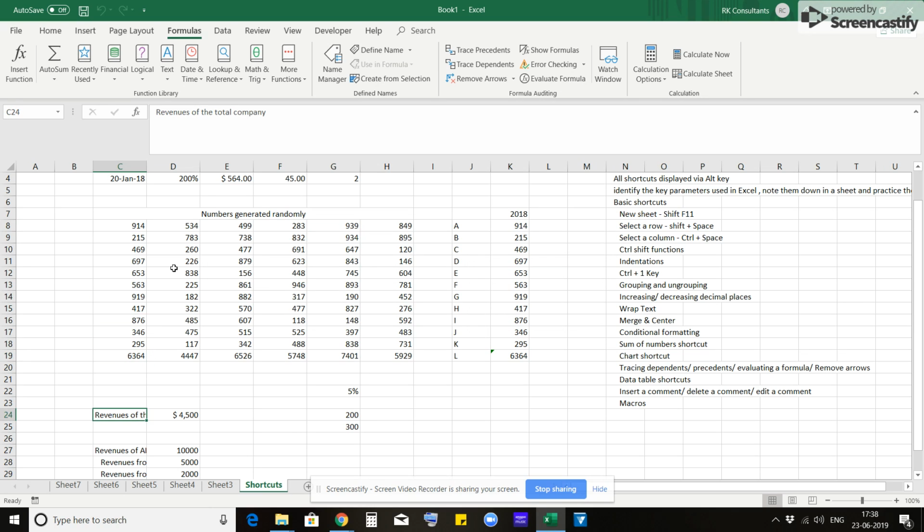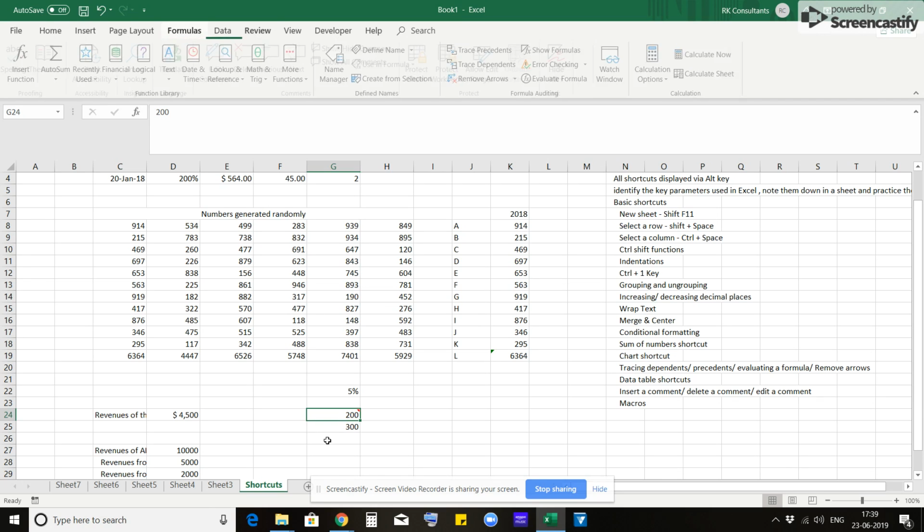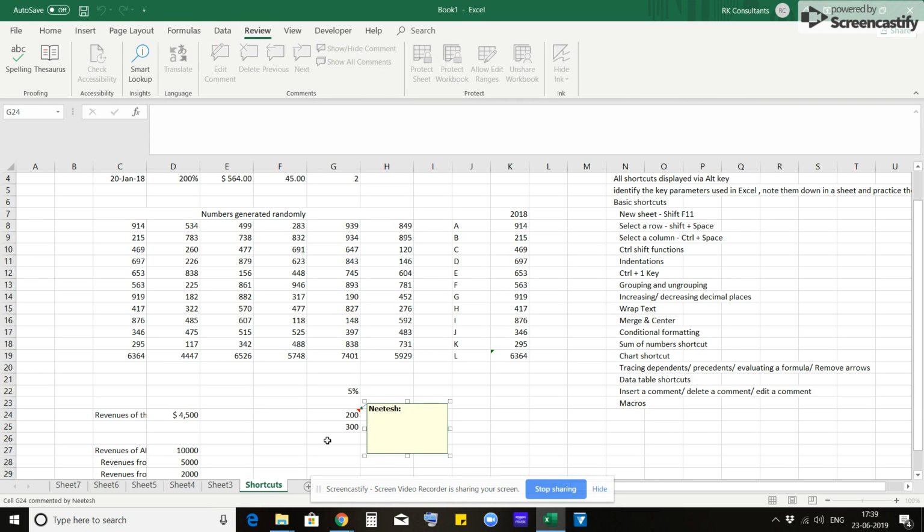Another shortcut would be the comment part. If you have to insert a comment, press Shift F2 and you'll get it. If you have to edit a comment, press Alt R T, and you can edit it here. If you have to delete a comment, Alt R D. Another one would be macros. We will tell